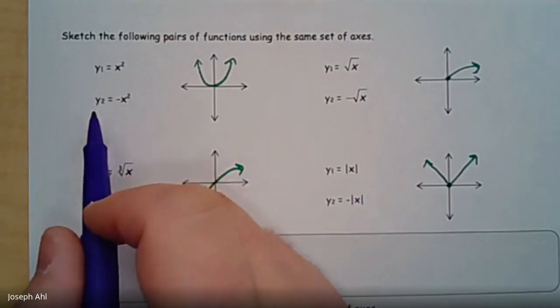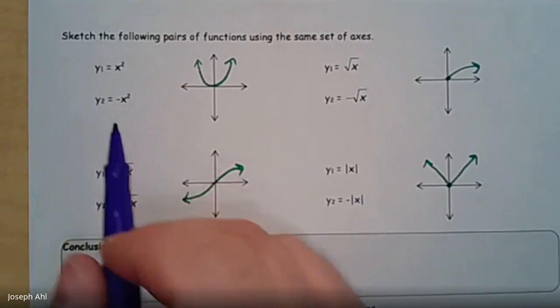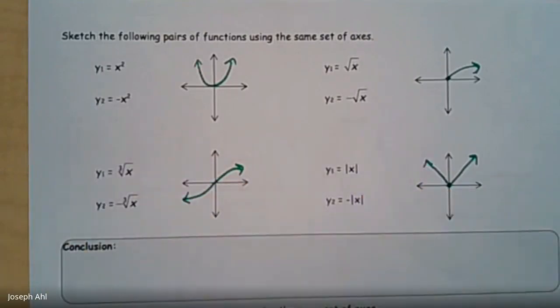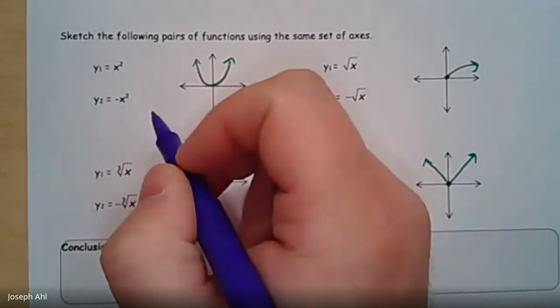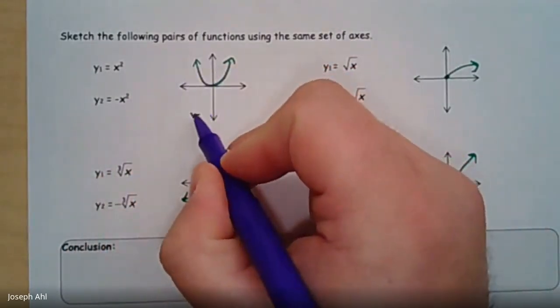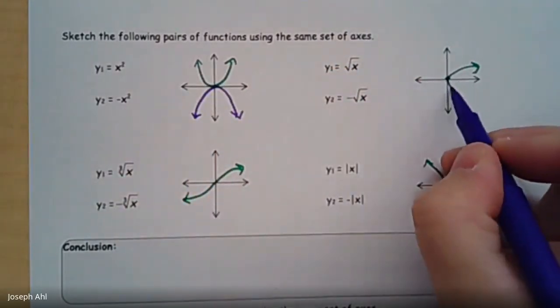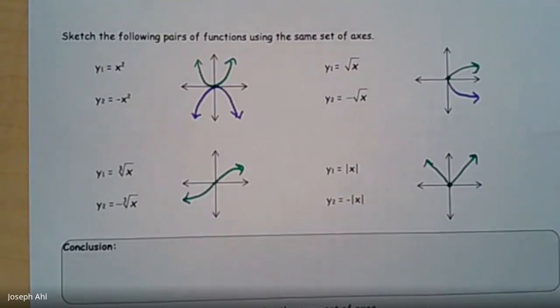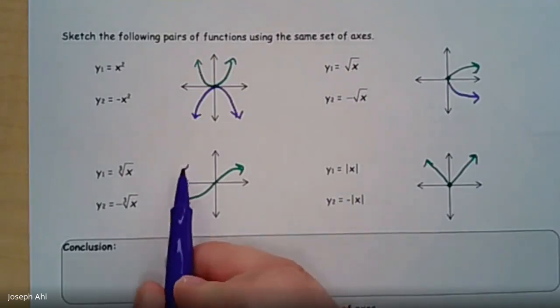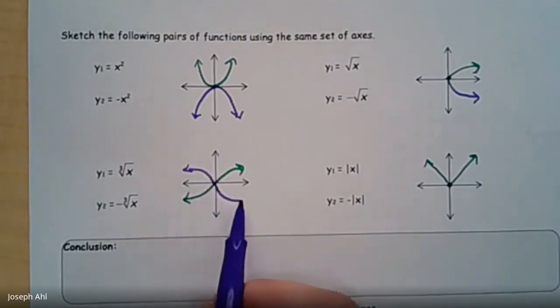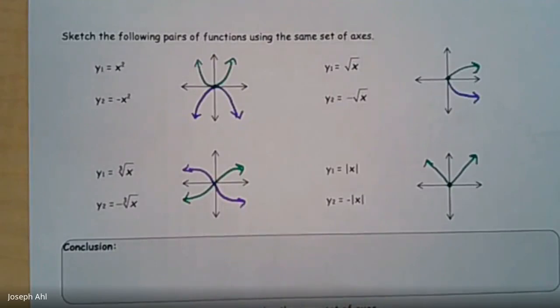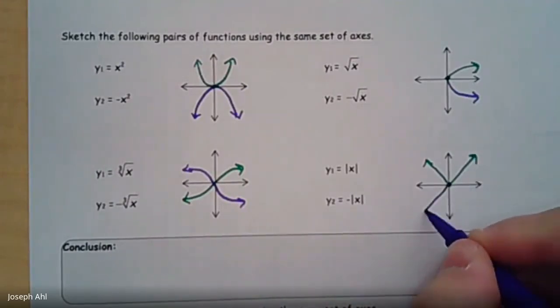And if you're unsure, again, type it into the calculator. Type in negative x squared, negative radical x, and see what happens. But I'll show you what these resulting graphs are going to look like. When you put a negative in front of the function, it's going to do that for the parabola. It's going to do that for the radical. It's going to do this for the cube root function, and